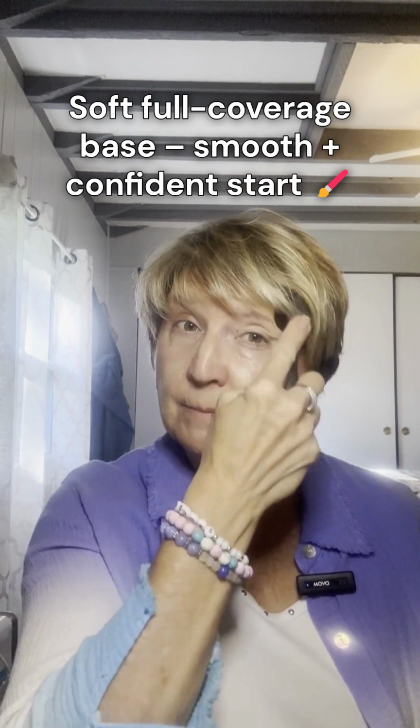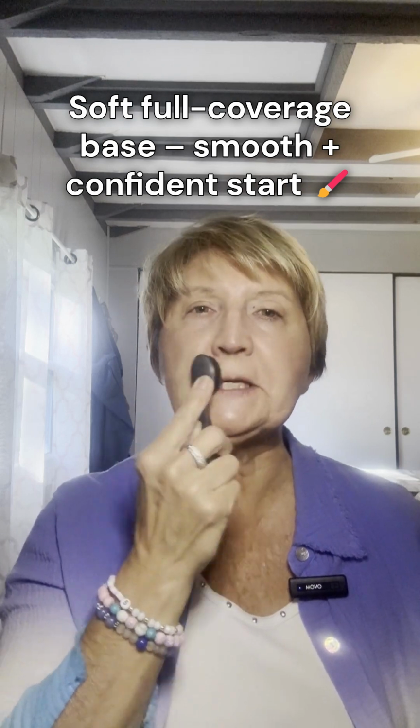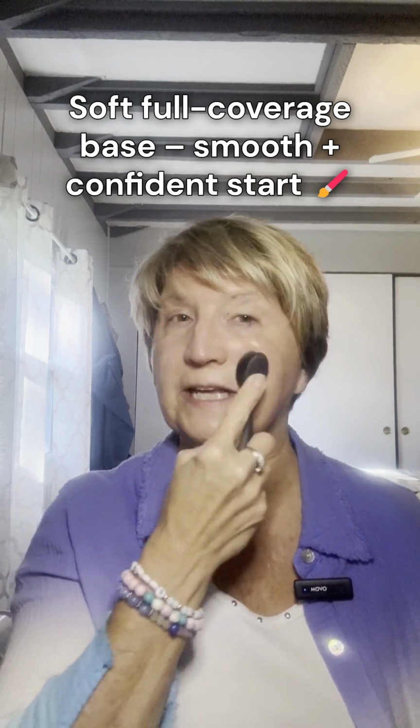So just letting you know that I'm not using CC cream. What I am using is a foundation. It's anti-aging and it's more customized to your skin tone. I love to customize foundation to people and make it simple and easy, especially those that want a little bit more coverage than something quick and fast like a CC cream. If you notice, this is more of a neutral because that's what I am. It gives me just a little bit more coverage than that CC cream. I also put a primer on first that does have SPF in it to give me even more, which actually